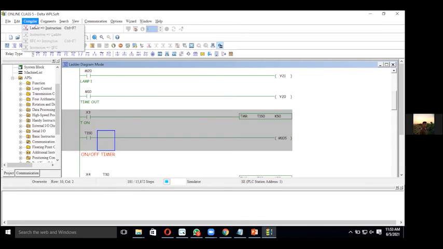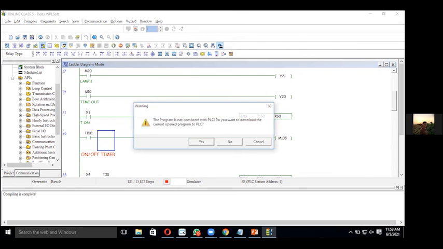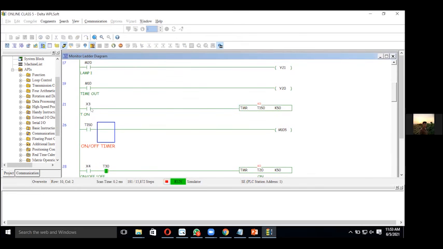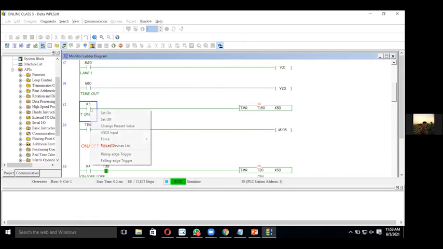I will just compile it now. So now I switch on the button. The output timer will get engaged for 5 seconds. Now the 5 seconds is over, so after that the T150 will get engaged and turn on the output. Whenever I switch off the input, the timer suddenly goes to the 0 level. Whenever I start the input again, the timer starts increasing the timing value. After the 5 seconds, the output will be engaged.